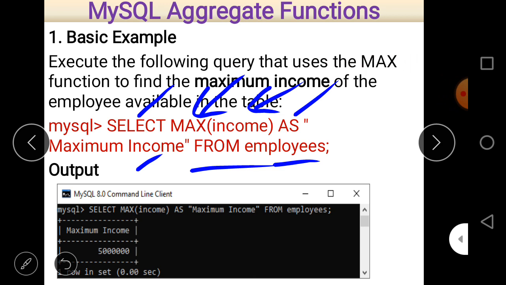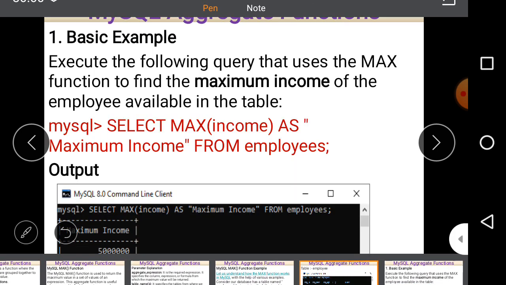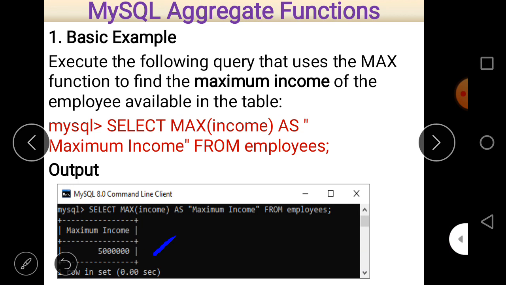So you can see that the column name maximum income appears here because we typed as maximum income, and then from employees. It finds the maximum income throughout the table employees in the column income, and you can see that the maximum income is 5 lakh. The data is repeated 2 times, so 5 lakh is there.